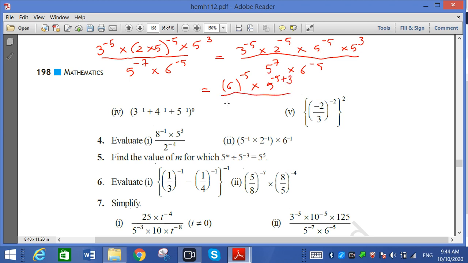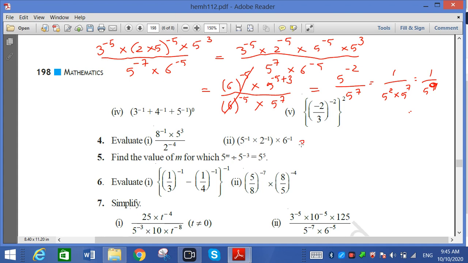Here 6 to the power minus 5 multiply 5 to the power 7. So here it is cancelled, or 0. So 5 to the power minus 2 upon 5 to the power 7. So we have to bring it downward, 5 to the power 2 into 5 to the power 7. So 1 upon 5 to the power 9. So you have to open the bracket, you will get 1 upon 5 to the power 9. Another way. Now second way.